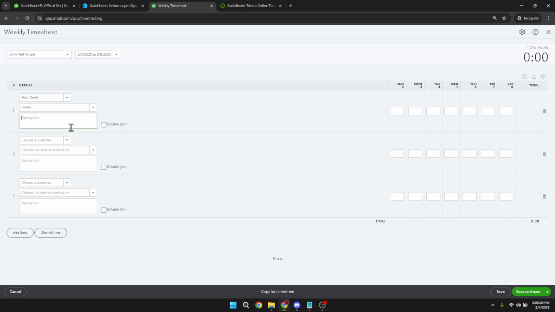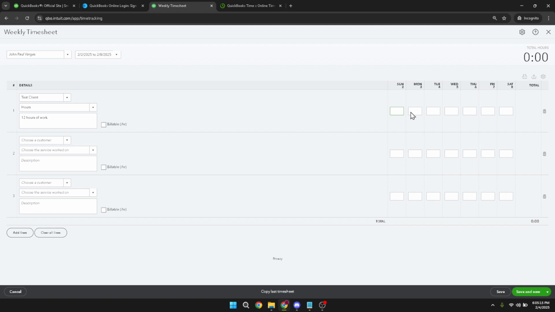Then it's on to the hours worked. There are columns available where you can input the start and end times for each day of the week. If the employee worked varying hours each day, make sure to reflect that accurately. This will ensure there's no discrepancy when calculating their payment.